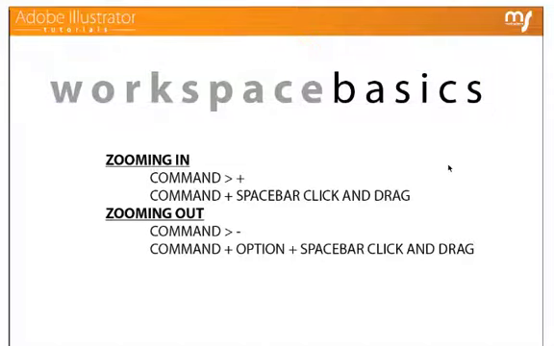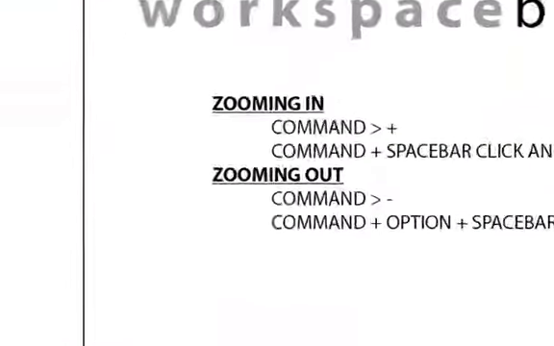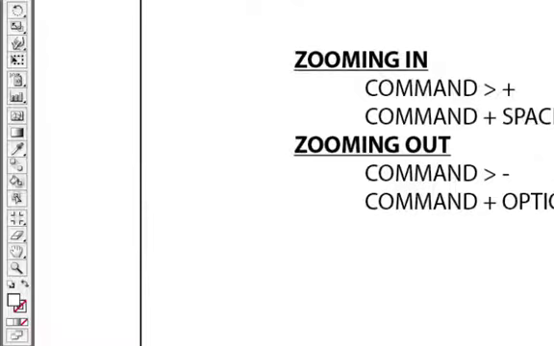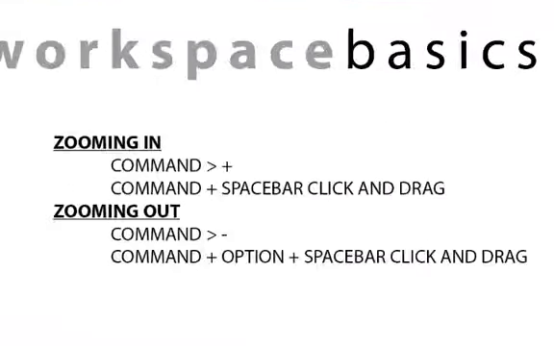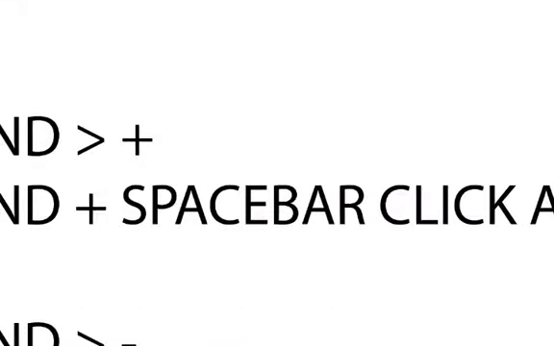Now let's talk a little bit about zooming in and out. Zooming in and out is very easily done. You can use the magnifying glass over on the left hand side in your toolbar, but I never use that. It's just not a quick and efficient way to navigate through your document. I like to use quick key functions. First of all, let's learn how to zoom in. If you hold Command and then hit your plus key, it zooms in. If I hit the minus key on my keyboard holding Command down,